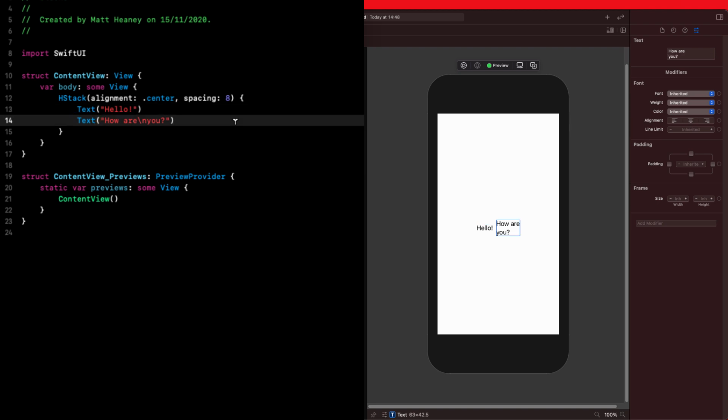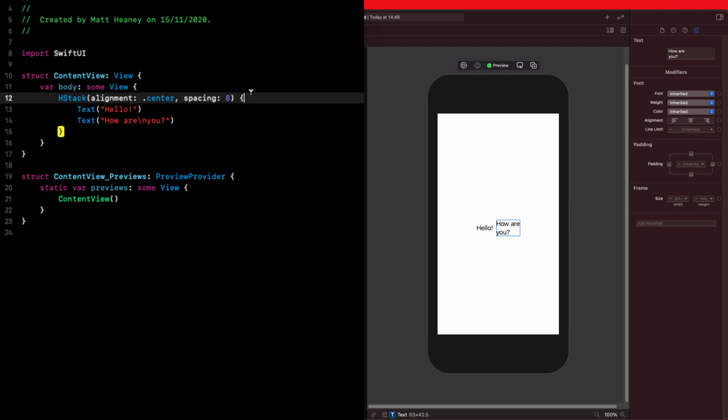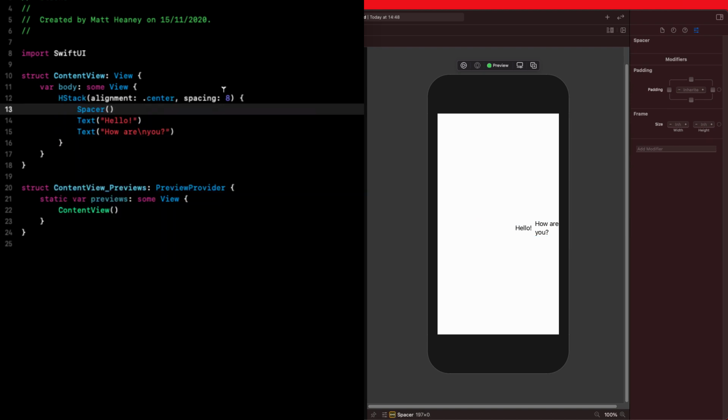Now, before we jump on to look at another stack, there's one more thing about stacks I want to show you. In a stack, we can use a new object called a spacer. A spacer has one job, really, to take as much room as possible. So for example, say we want all these objects in a stack to be on the far right of the screen. What we can do is add a spacer to the start of our stack. This spacer will take all of the room possible, effectively bumping these 2 items over to the right of the